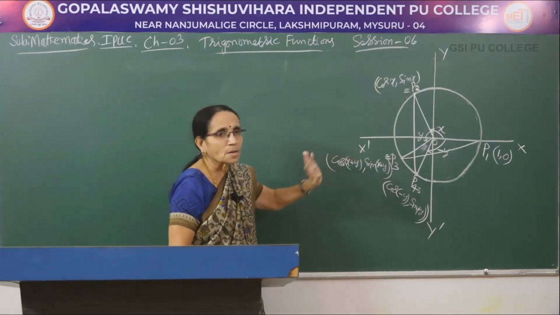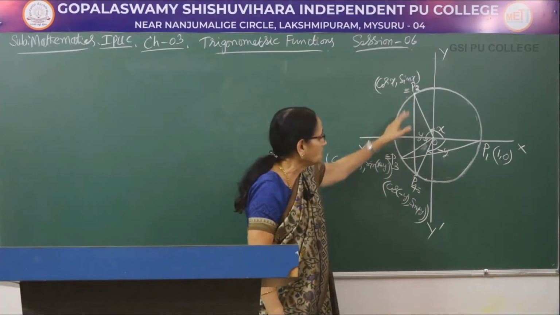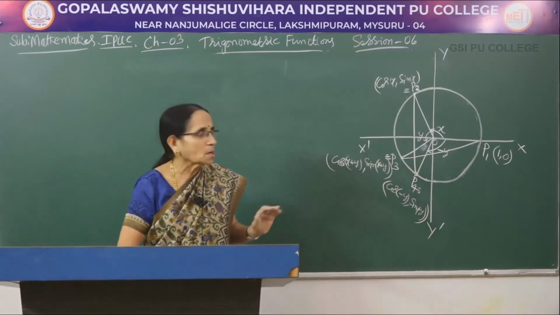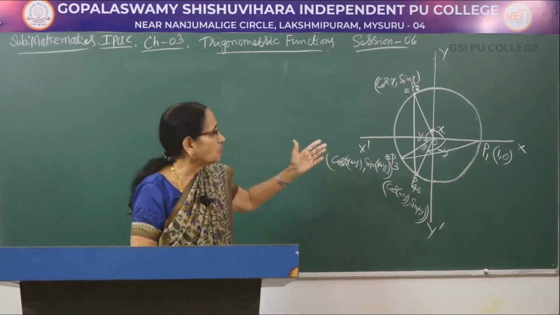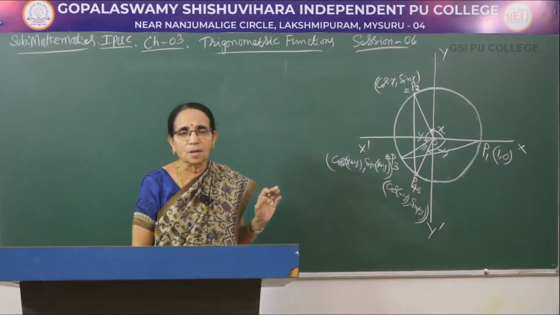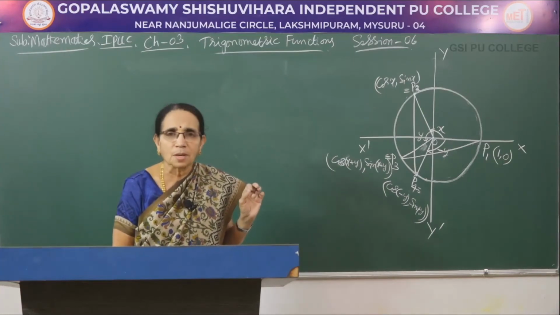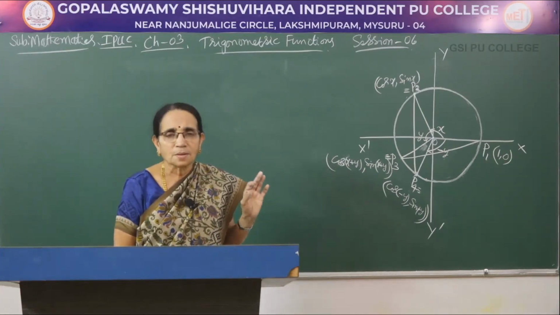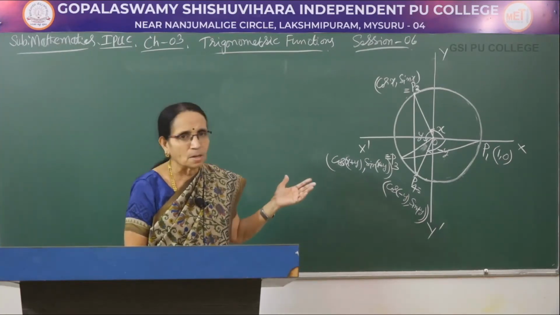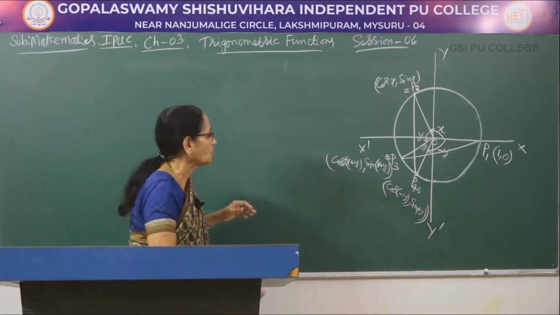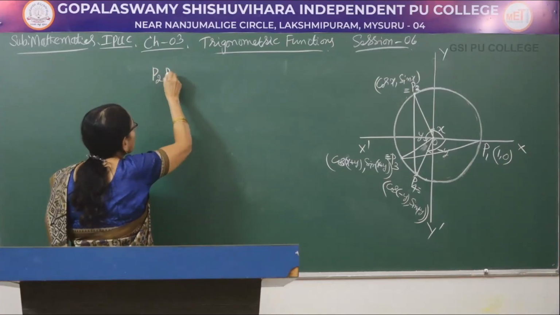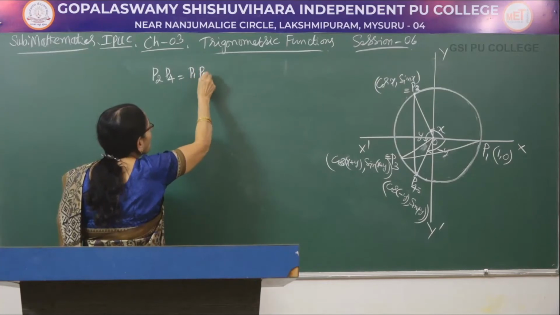Now, two sides we have already discussed. What is the remaining side? One is P2P4, the other one is P1P3. All those things you have to write here. The two triangles P1OP3 and P2OP4 are congruent. Give the reason: since two sides and the included angle of both the triangles are equal, therefore the triangles are congruent. Therefore, the remaining side would be equal, angle we are not interested in. The remaining side is P2P4 equal to P1P3.